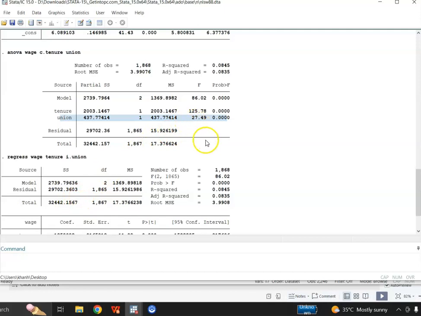The R squared value is 0.08545. Similarly, this is 0.0845, and this is adjusted R square, and this is also adjusted R square here. So these are the various values that are more or less the same. This is the root MSE 3.99, and this is the root MSE, and below that